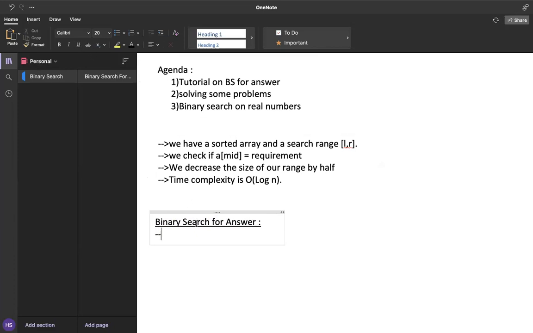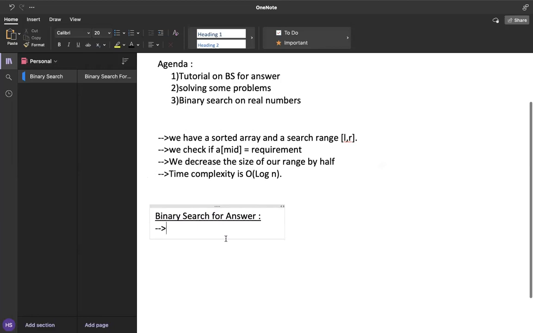But what happens if instead of a sorted array, we have a Boolean array of trues and falses, such that all the falses form a contiguous range and all the trues form a contiguous range? So let's see what I'm talking about. So instead of a sorted array, here we have a Boolean array, which is one of these two kinds.